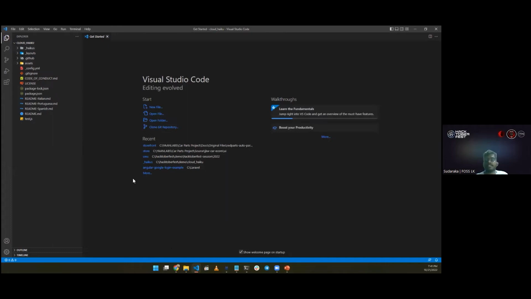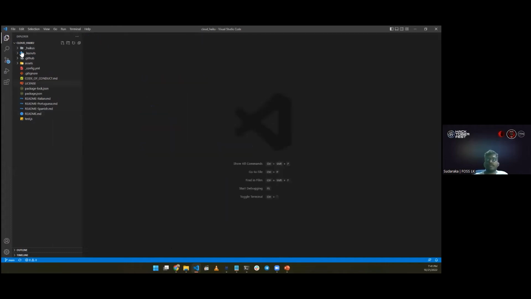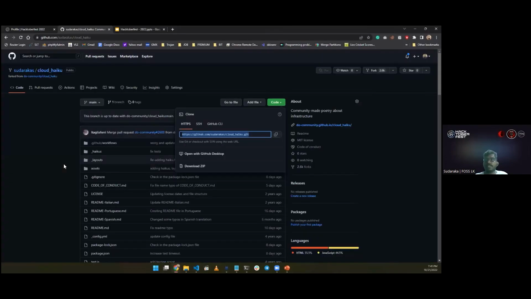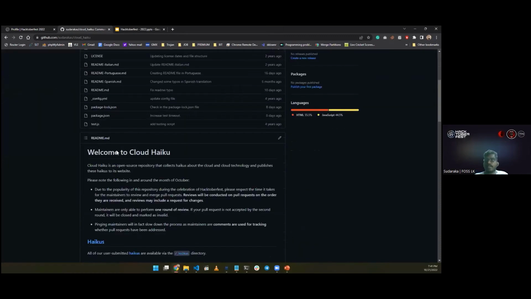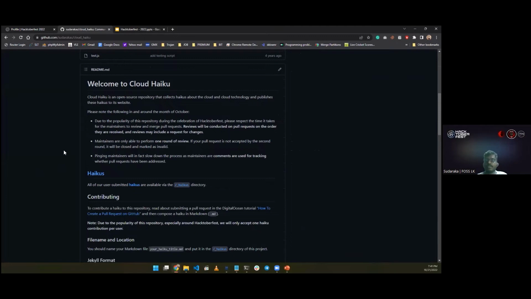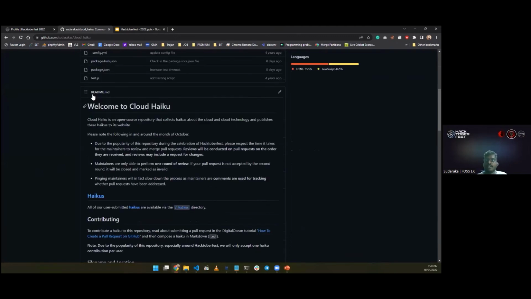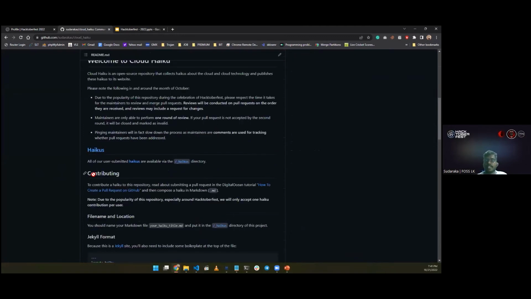So next thing is we need to contribute. Before starting the contribution, you should always read their documentation. In here they have mentioned how to contribute to this kind of repository. Under their readme section, there's a separate section called contributing.